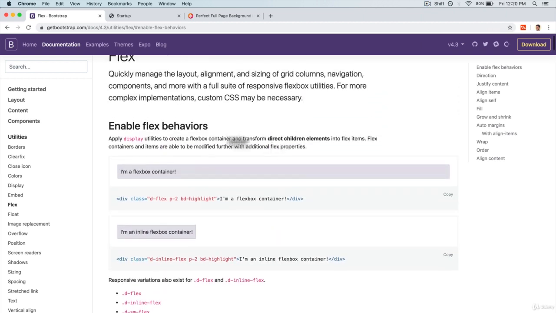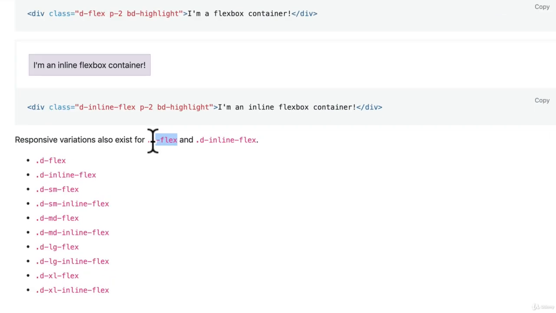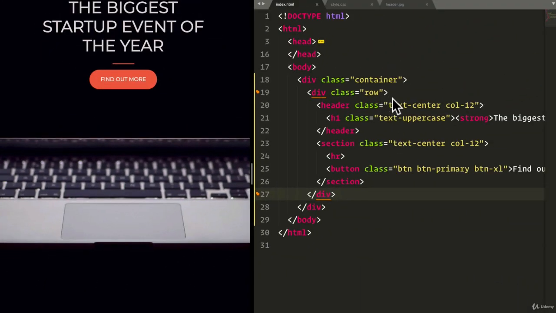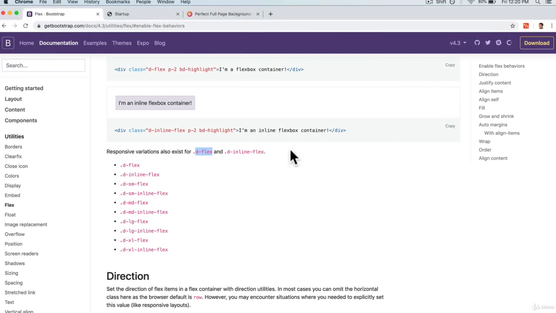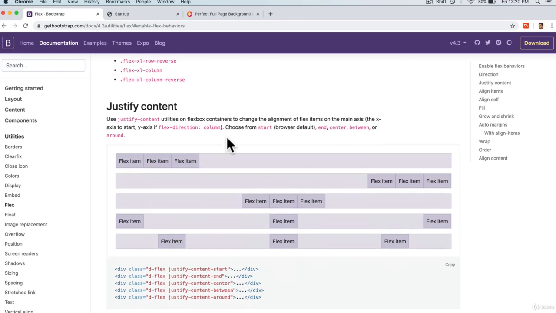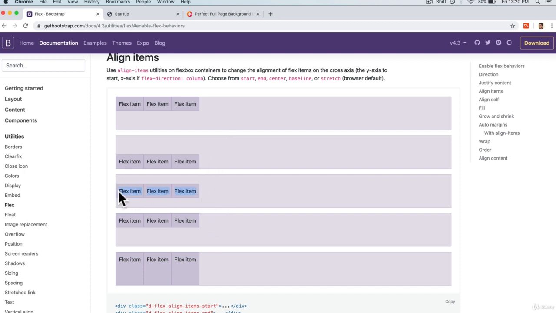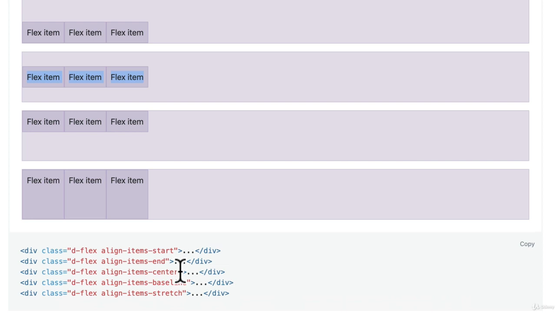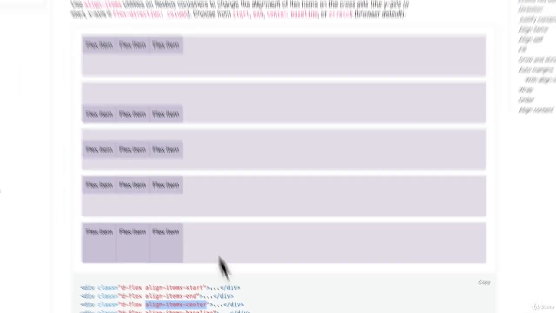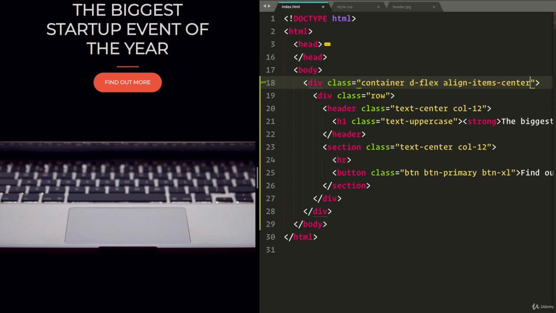If I go over here, you can see that I can activate the Flexbox system by using the d-flex class. So if I copy this and go to the container and add d-flex, and I refresh, nothing happened, because we've just enabled Flexbox. But now we want to make sure that we can place things vertically in the center. And if we scroll down, this is what we want right here: align-items. It's align-items-center. So if I copy this one over here, and we add align-items-center,